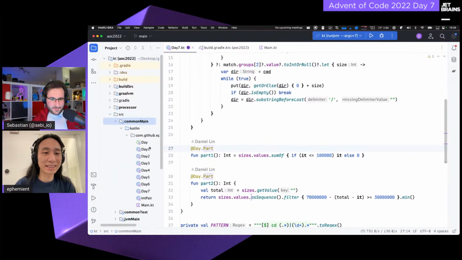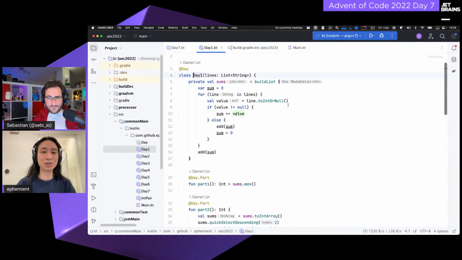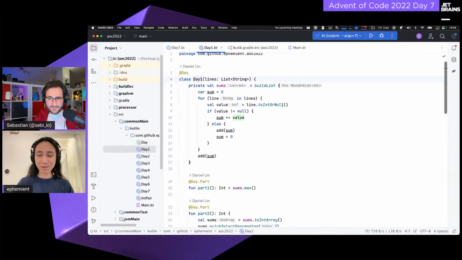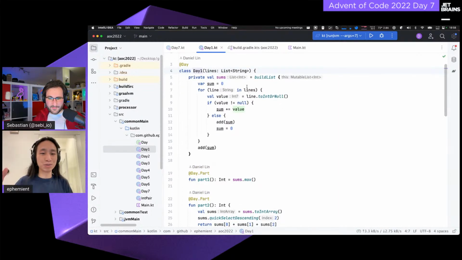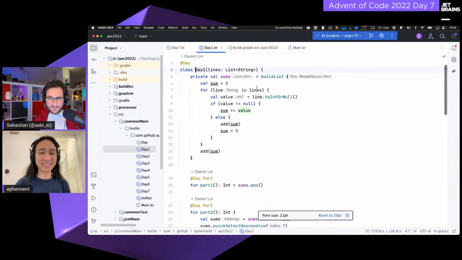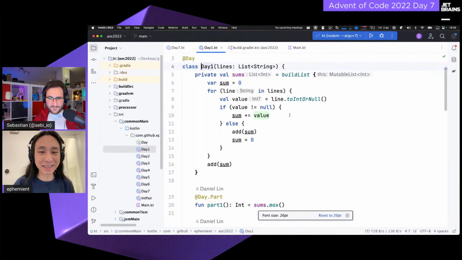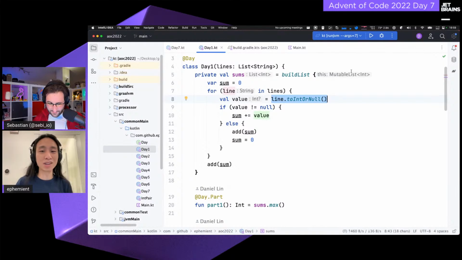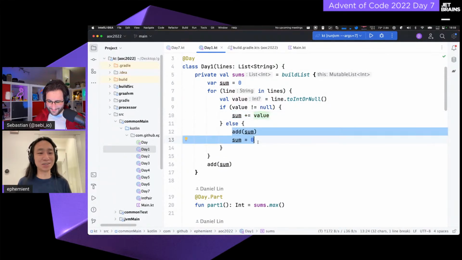I think I just had an imperative loop going through, and basically every time you hit an empty line, which is when that is null, then I do some action based on that. But it was not as convenient as just being able to split up into groups to begin with. Yeah.